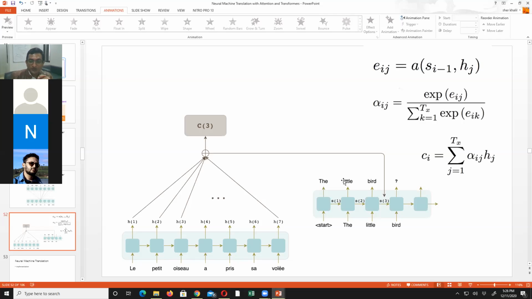And there are a lot of weights here. So we say update them all so that you are able to produce "little", right? And then we come here. We say if you have got this hidden state at the input, and this whole calculation is here, and input is "little", tell us what should be the next word. If you produce the word, we say good. If not, then we say update your weights, right?